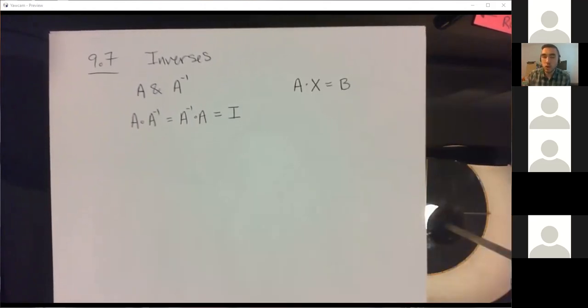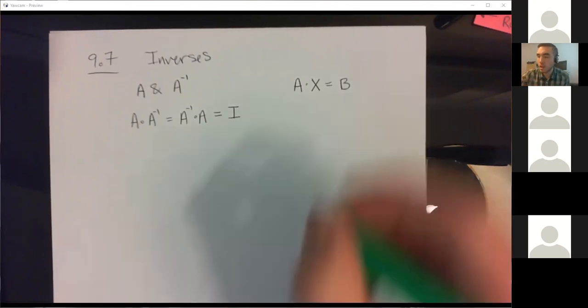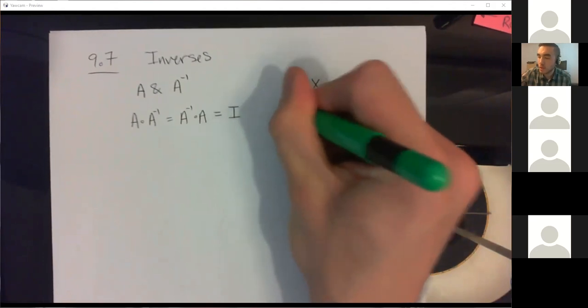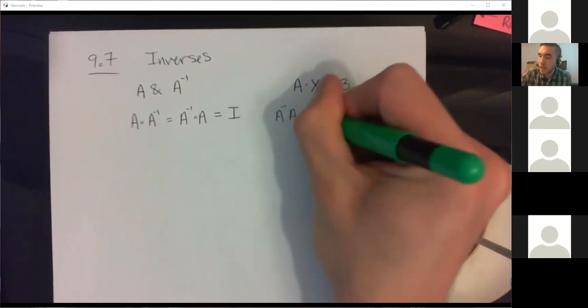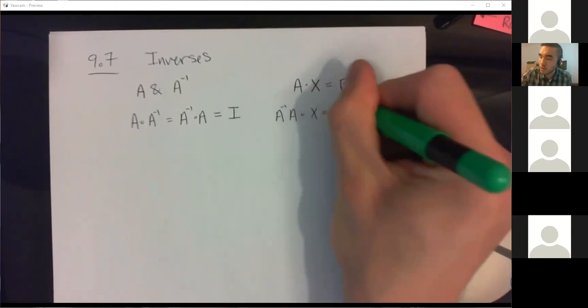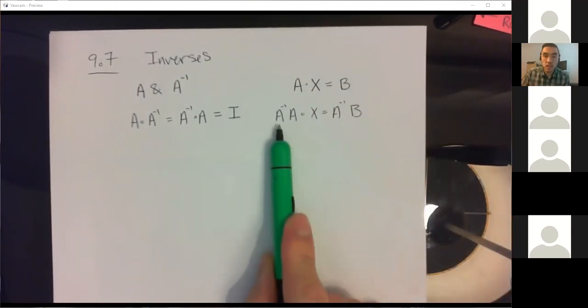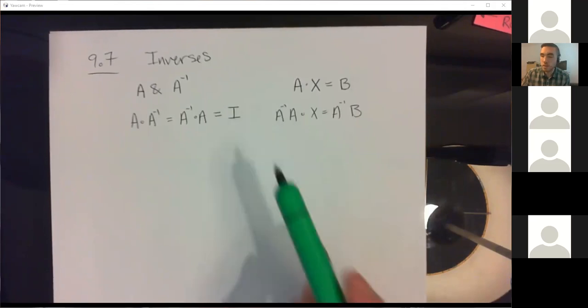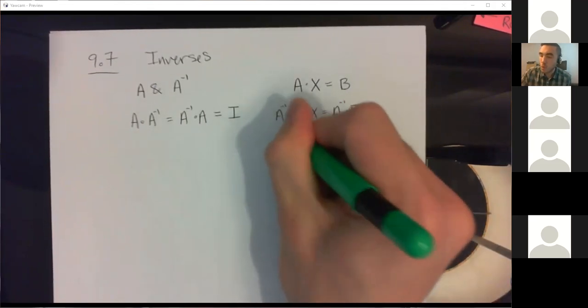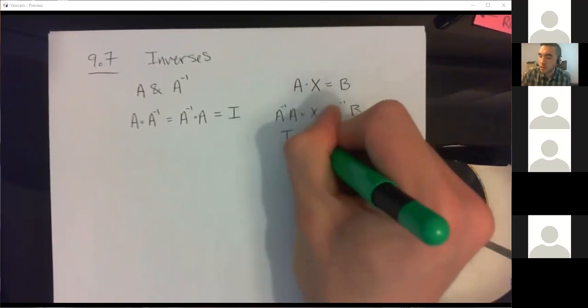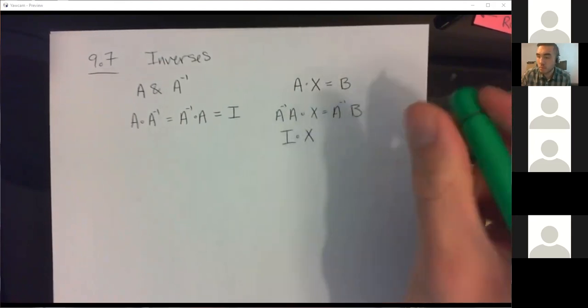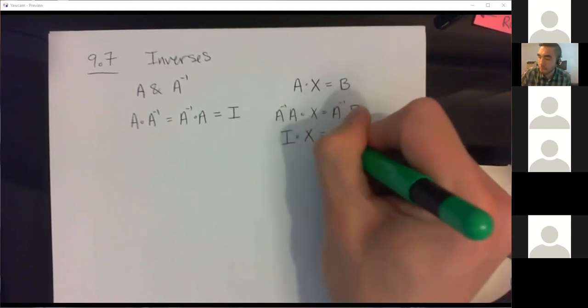And then this is going to be equal to our constant matrix B. If I happen to know what the inverse of matrix A is, we can hit both sides of this equation with matrix A inverse, which would give me A inverse A multiplied by X is equal to A inverse B. And notice here on the left-hand side, A inverse times A, this will give me the unit matrix I. And what's the special property of the unit matrix? Anything multiplied by the unit matrix gives us back